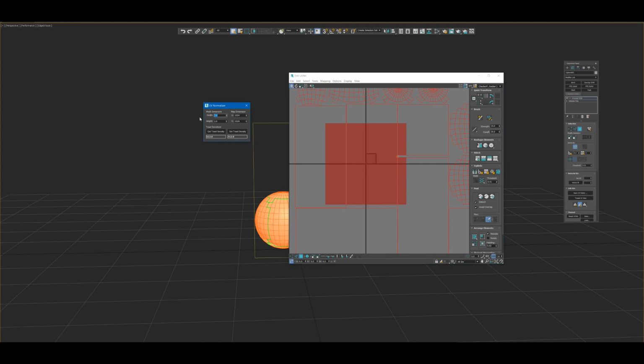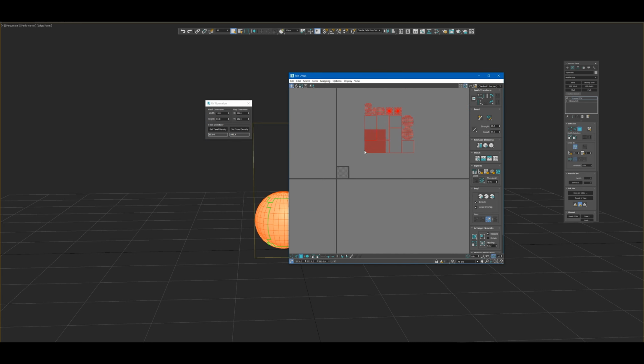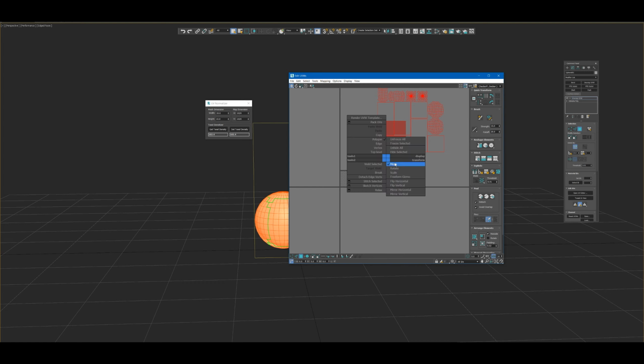Suppose the wall size is around 10 meters by 10 meters, and we have to use a 1K texture for the 10 meter wall. So I just need to get the texel density and set them. So right now it's according to the 10 meters and I can pack them. I cannot pack it directly because the sizes differ. So now you need to manually pack it according to your requirements.